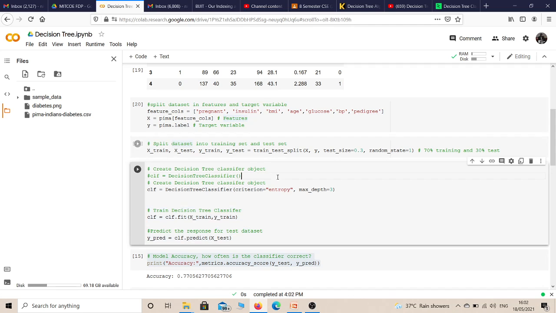Now the next thing is, I need to apply the algorithm. In this case there are 2 things. In the previous video I talked about 2 important parameters which you can use in order to decide your root node value. Okay, one is information gain, which uses entropy, and the second one is the Gini index. So in this case I will show the execution with 2 different things. First of all, without using that